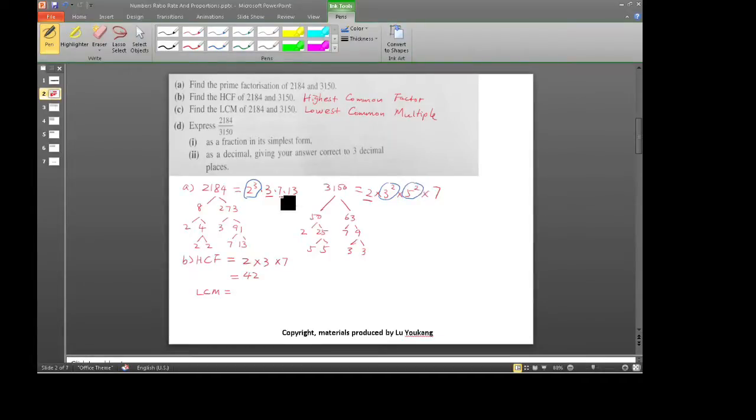They also have 5, and the highest power is 2. They also have 7, and they also have 13. So just pick what they have with the highest power. Therefore, all these circled in blue, take them and multiply them. You will get